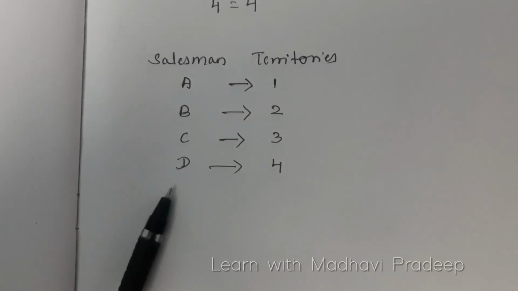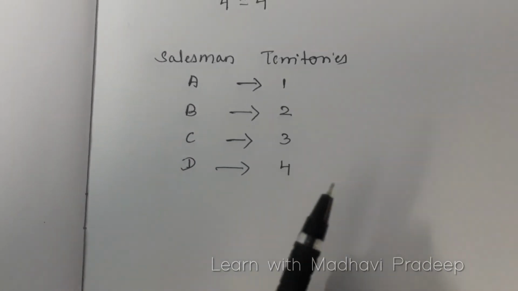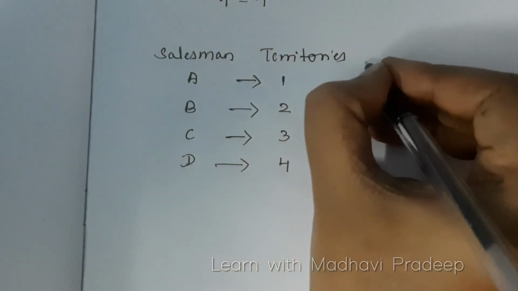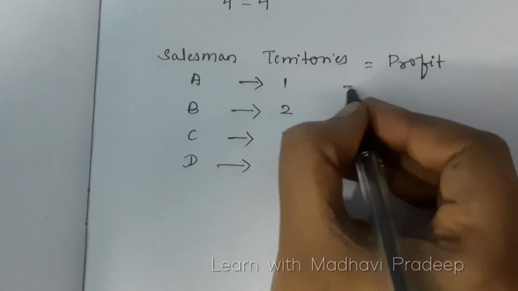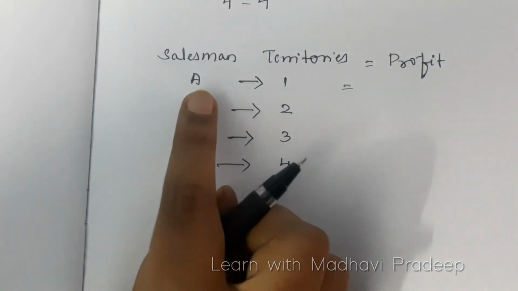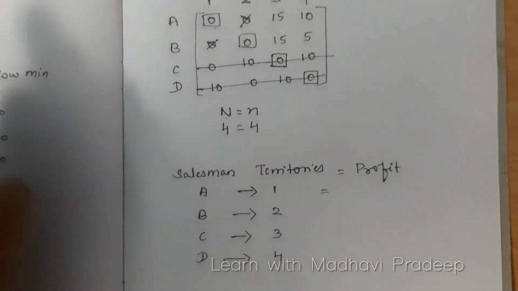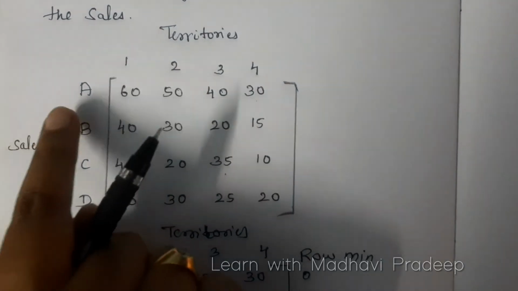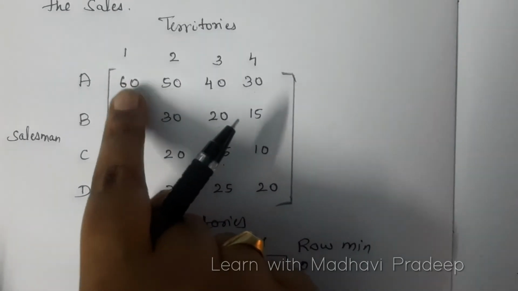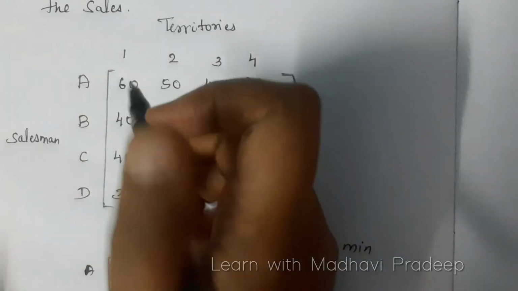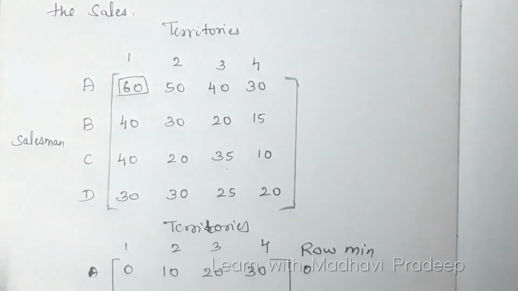Now our aim in the problem is to maximize the sales, that is nothing but profit. So now let us see what the profit is here. You have to write down the profit from the given problem. For A, 1 is allocated, right? Now in the given problem, just see here what you have. For A1 the value we have is 60. So write down this 60. This is for A1 allocated.